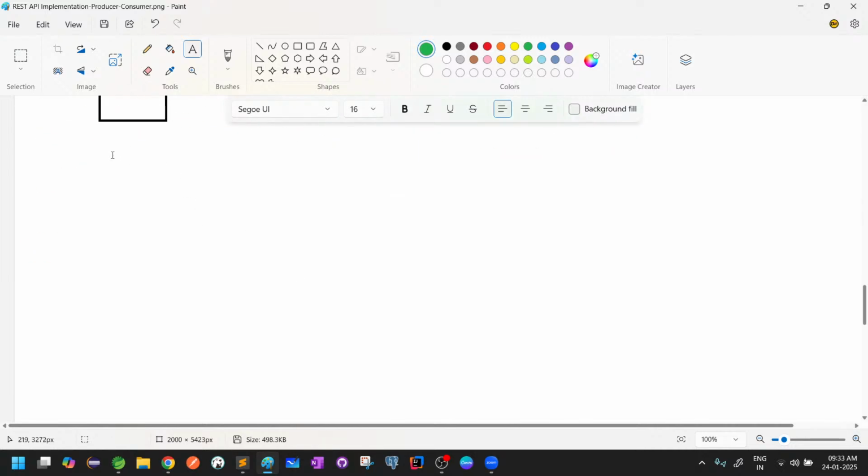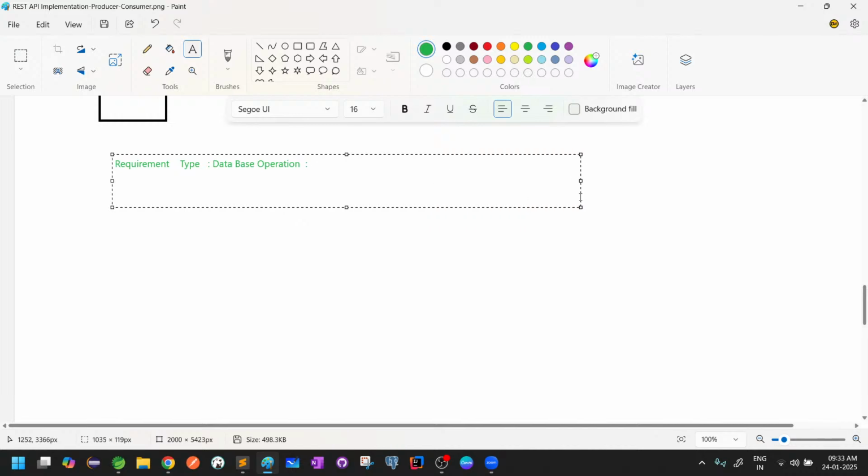I'll do here: requirement type, and then followed by database operation. So as a developer, we should decide. We are the developers. We have to decide what HTTP method we have to take, and then HTTP method, right? So I take it like this. So in this case, what I will do is, for example, I give a requirement like,